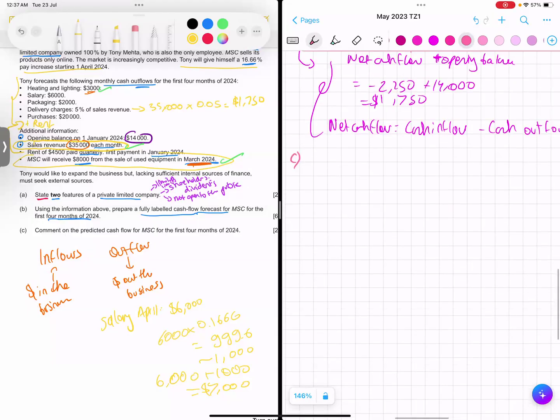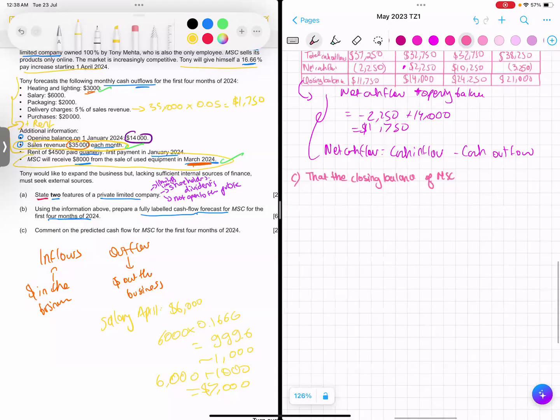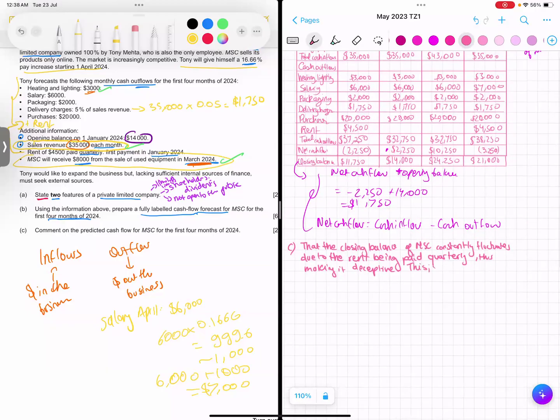Okay. So basically, we can begin by saying that the closing balance of MSC constantly fluctuates due to the rent being paid quarterly, okay, thus making it deceptive. Okay. Then we can talk about how this is evident, as in month